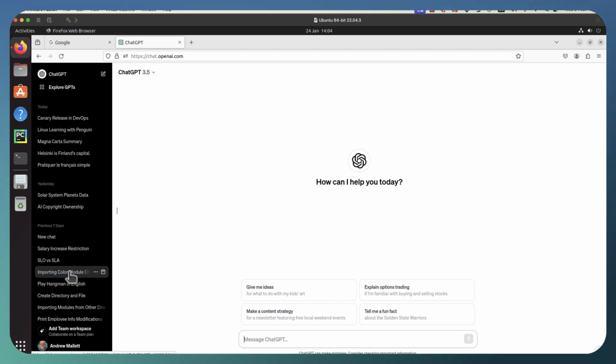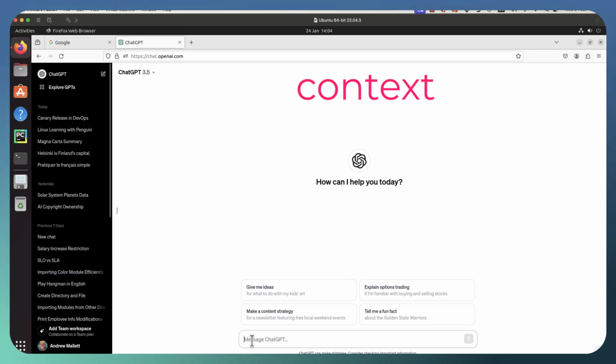Once we've logged in, we're able to see then a history of chats that we have used before. This is important because each chat remembers the context of that chat. So we can easily go back to both see the information that was responded, as well as continuing the conversation. For the moment, though, we're going to create a new chat and just see how we can use ChatGPT as more than just a simple search engine.